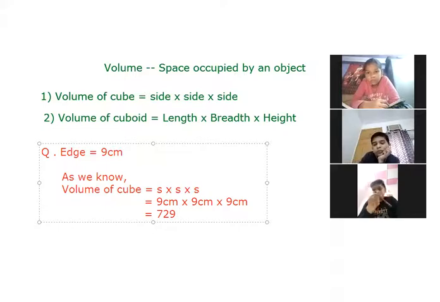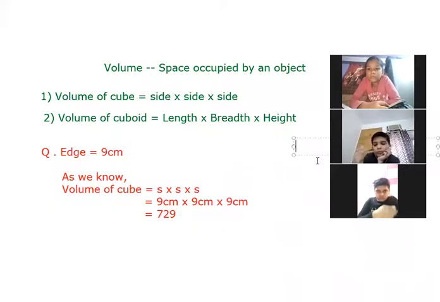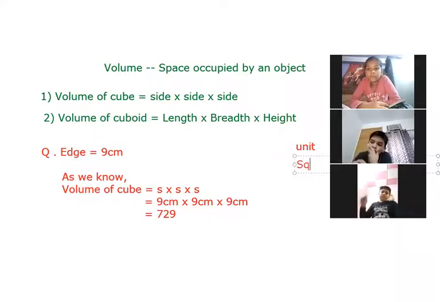And one more important thing is this: you must take care while writing down the units, as we have done in the case of perimeter. In the case of perimeter, we have written down the unit as it is. Yes or no? Suppose centimeter is there, so we have written centimeter. Meter is there, so we have written meter. As it is, the unit will be there. But in case of area, we have written down the unit as square unit. Yes or no? Square unit. Or did you forget?